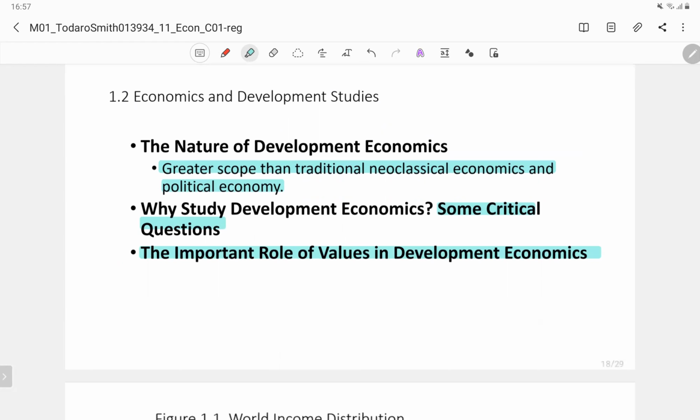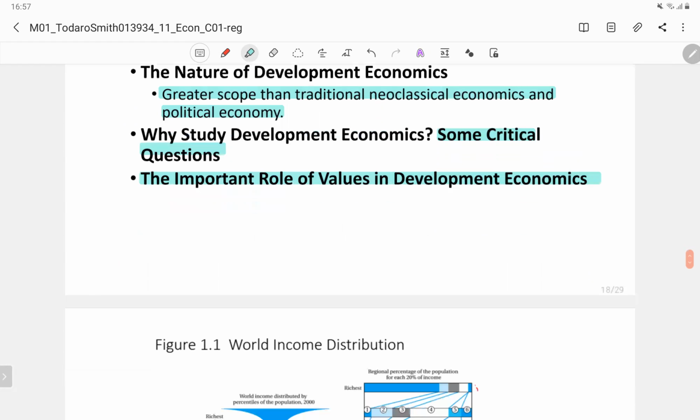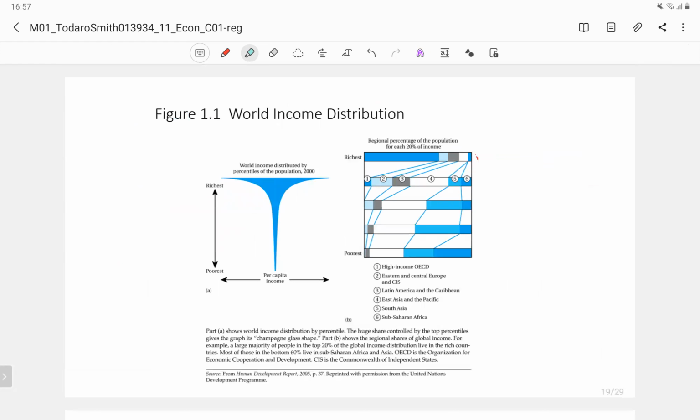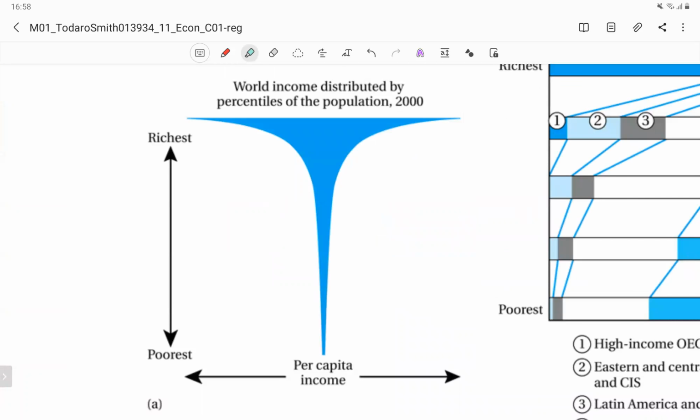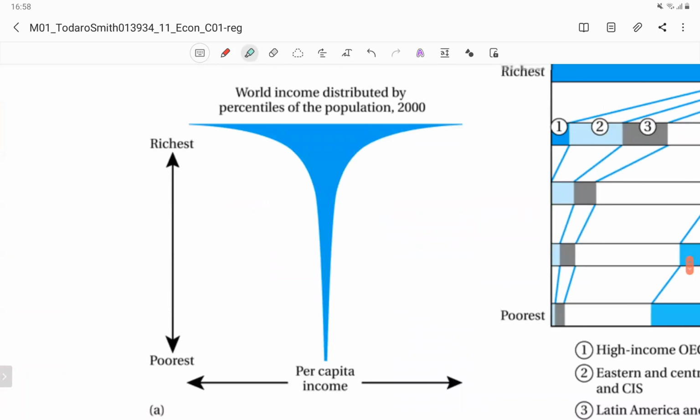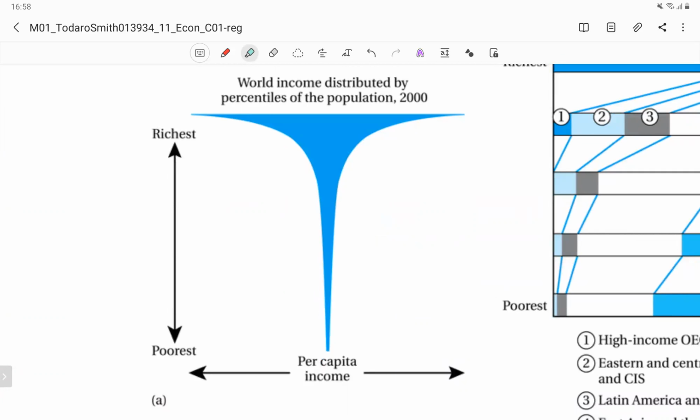Here in the Todaro book, it shows a figure about world income distribution. Let's take a look at figure A here. You can see that this figure shows the world income distribution by percentiles of the population in